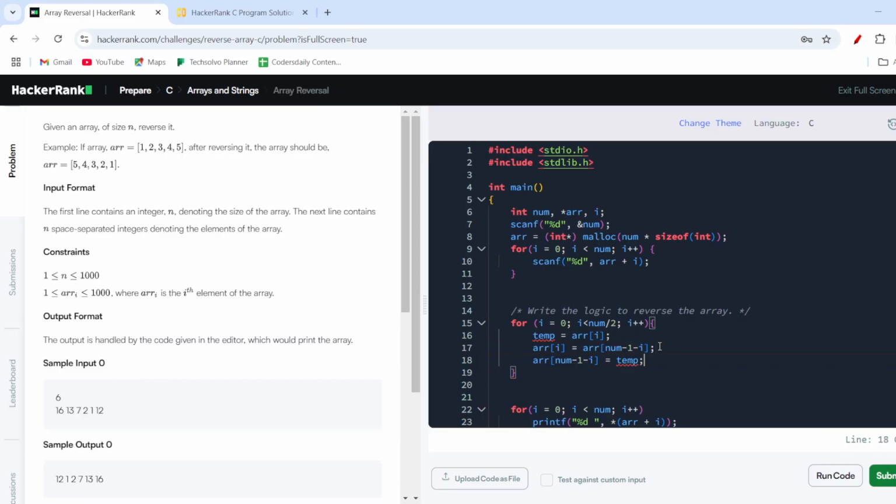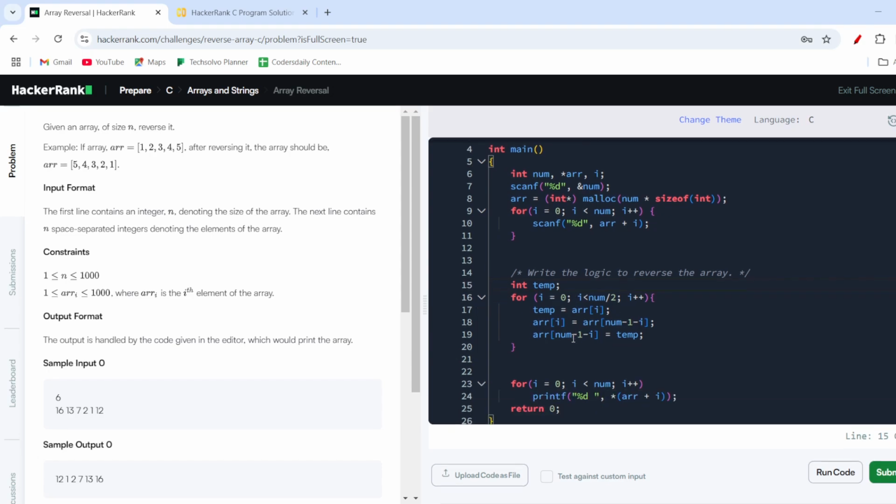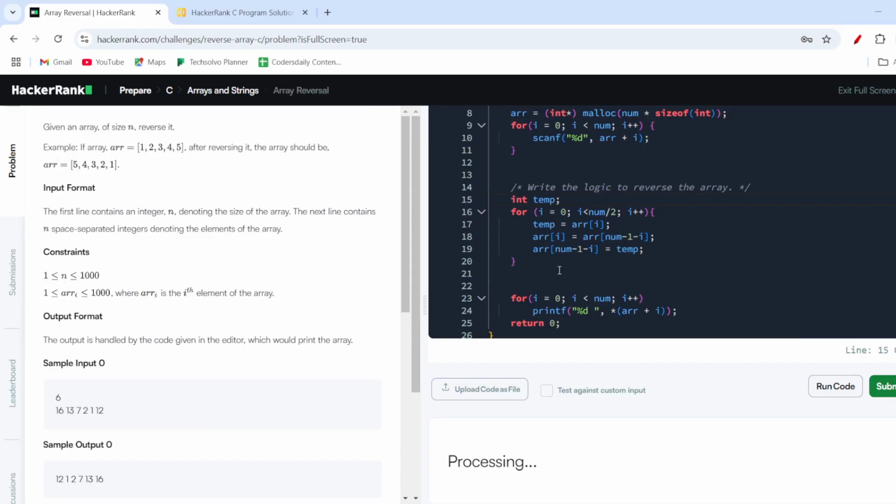I'll put it over here again. And I need to define the variable temp also, because I have not defined it. That's why the error is coming. So I'll just write int temp. Now the error has gone. I think this would be enough to complete this code. If I run it,